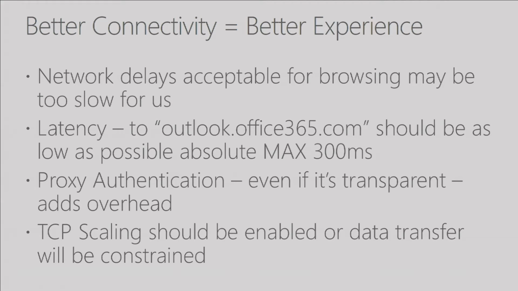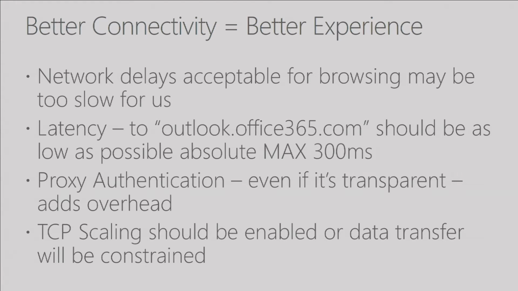And what TCP scaling allows us to do is take two Windows servers, or two servers that know what TCP scaling is, and negotiate a variable payload for the TCP window size. For a given network speed, if TCP scaling is disabled, I will only ever have a finite amount of data that'll traverse the line. With TCP scaling enabled, I can have the two endpoints negotiate, based on changing network conditions, what that TCP window